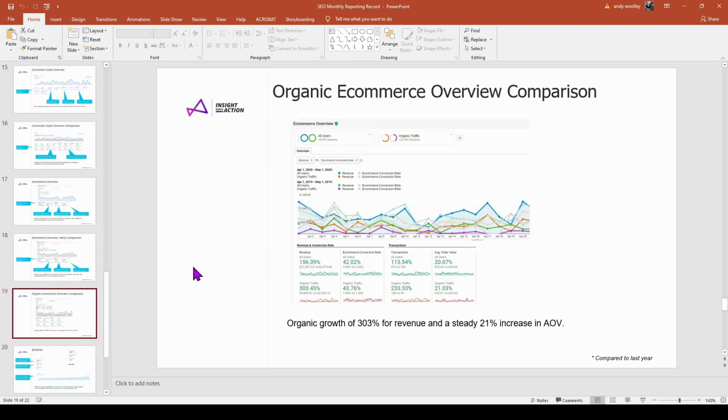And the last one then of that one is obviously just looking at it from an organic point of view. As I said, you could be running this in tandem with a paid campaign, but that might be done through a separate agency, and you're in-house doing all the SEO work yourself for your brand. So therefore you need to know what element of that work you did actually move the needle. So obviously you can come up to the top, you can choose one of the dimensions there, which is organic traffic, and you will see here at the bottom the organic has obviously risen by 303% compared to the same time last year. So you know the work that you've been doing has been getting a result,